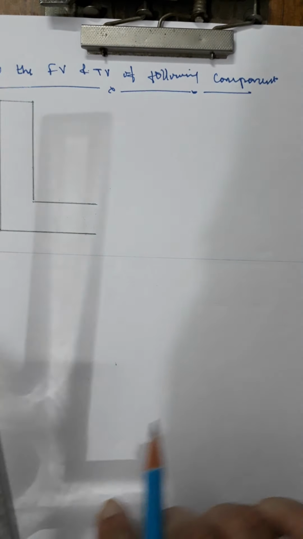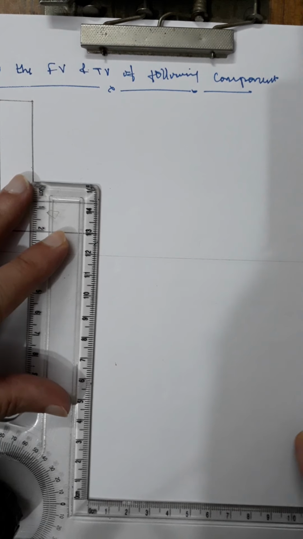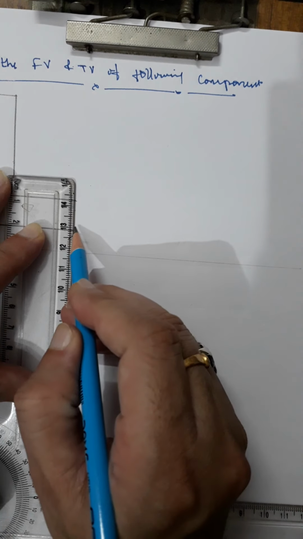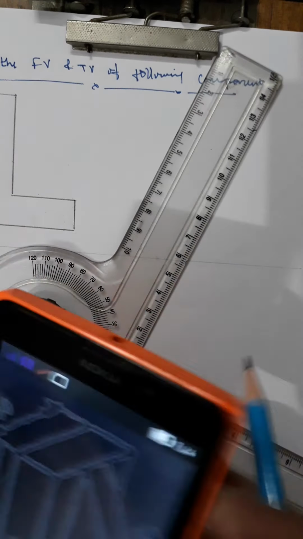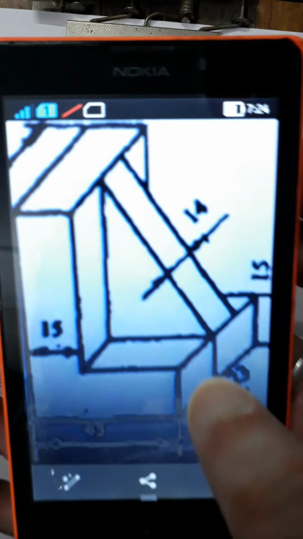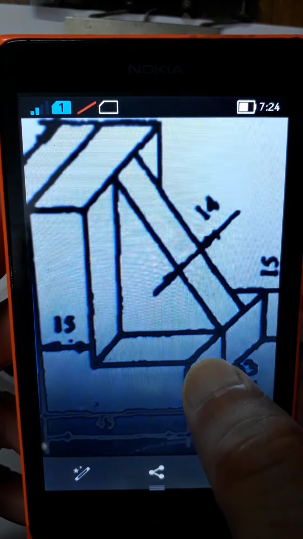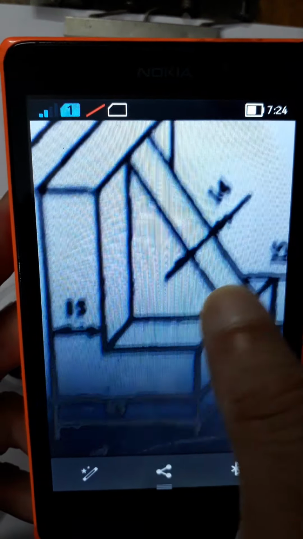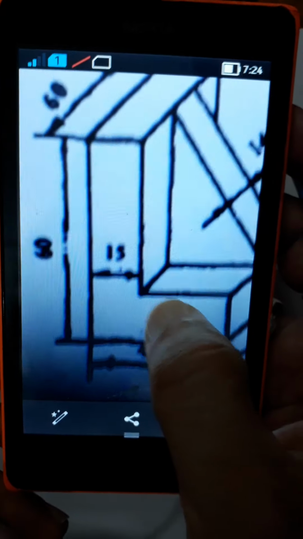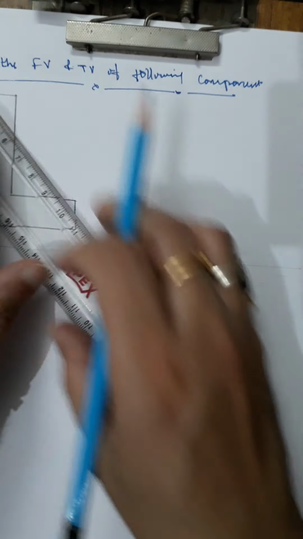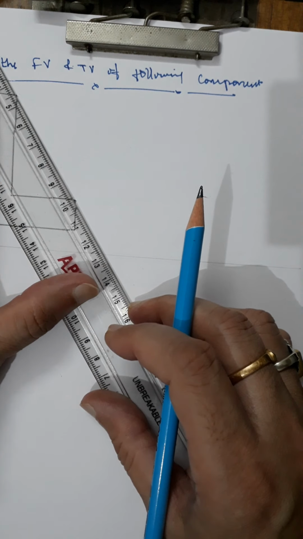And then you can join this. And there is this inclined wedge. It is visible in the front view, because the front is from this side, the arrow side. This inclined edge will be visible, and you can join this like this.